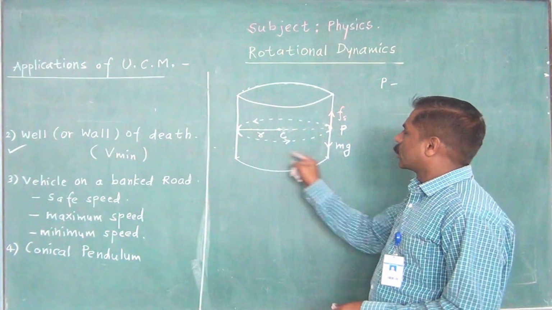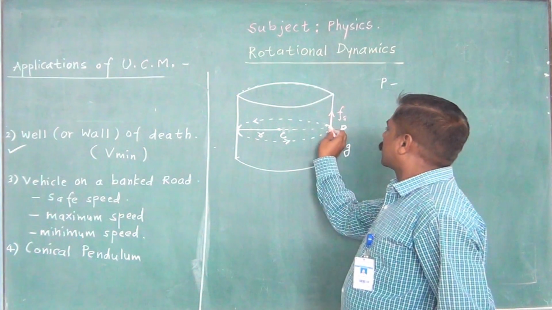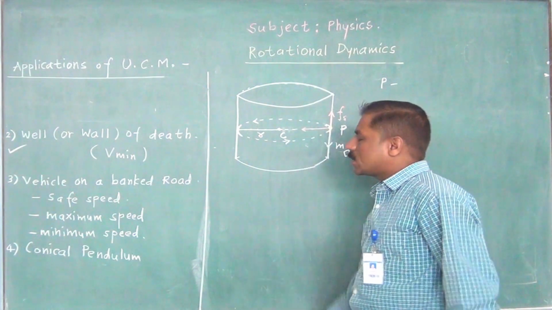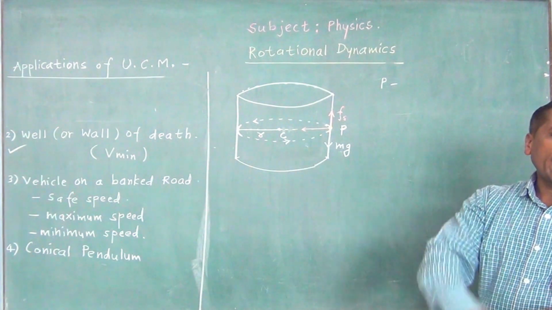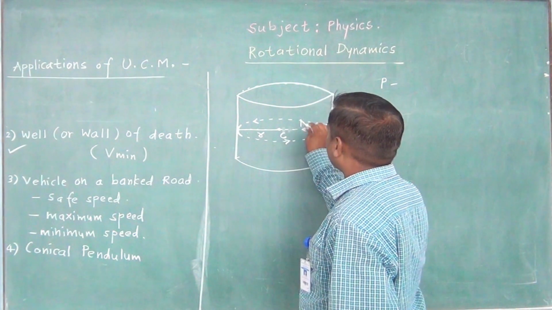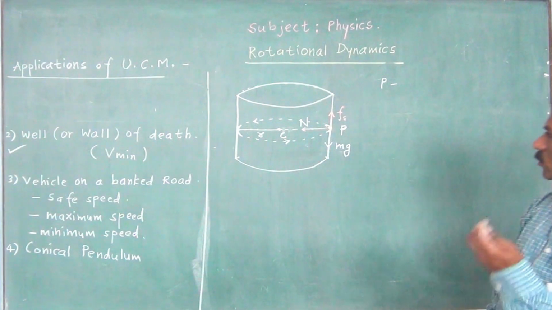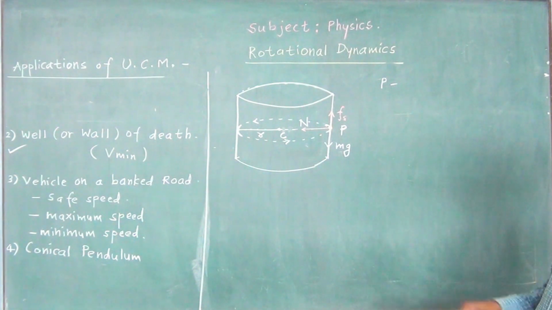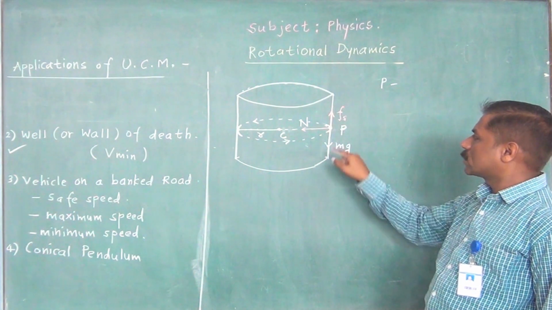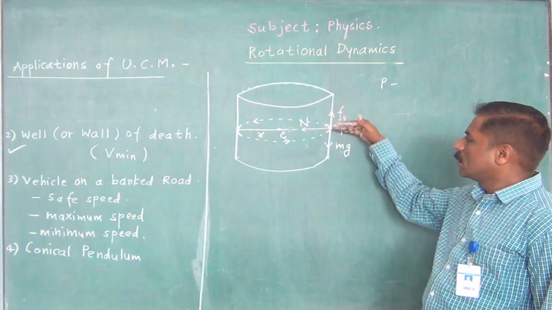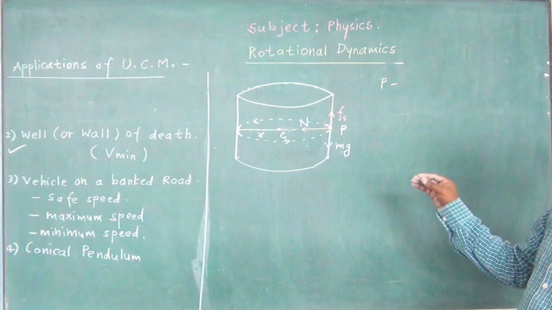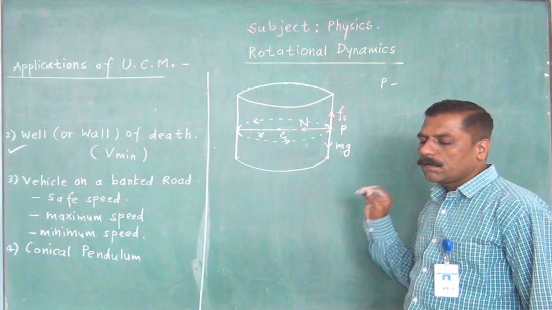Similarly, this is circular motion, so definitely there is one component which is acting in this direction, perpendicular to the wall, and we know this component is the normal reaction. So this gives the diagrammatic representation. You will find this is a vehicle, one force is acting in the upward direction, another force is acting in the downward direction, and the third force is acting along the radius towards the center of this cylindrical wall.